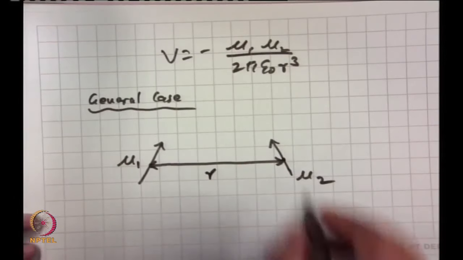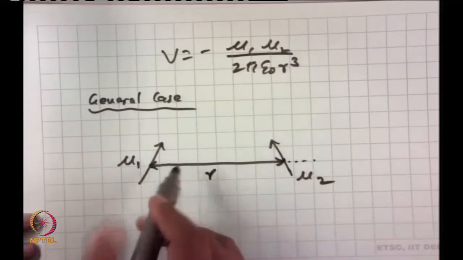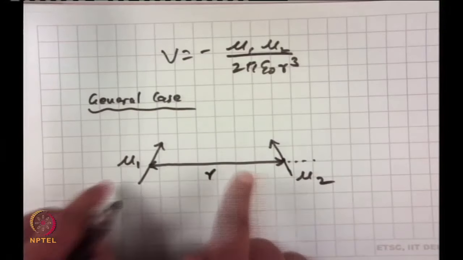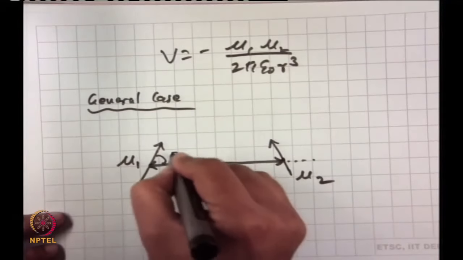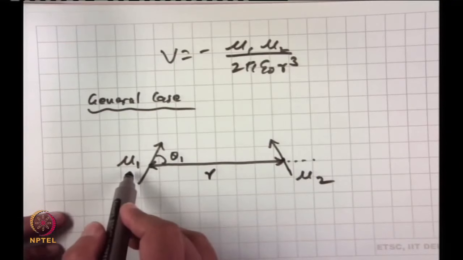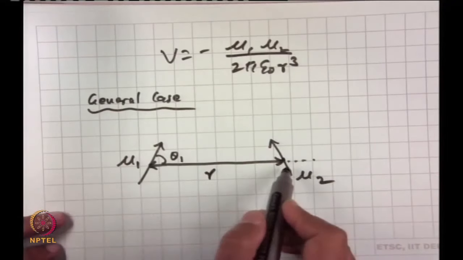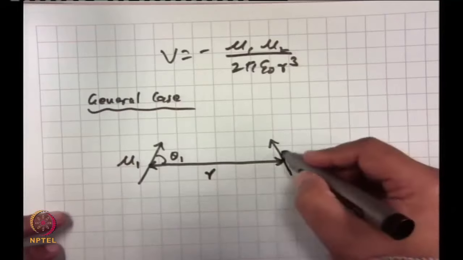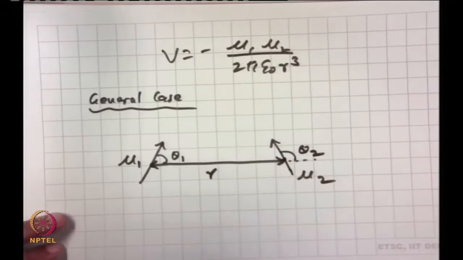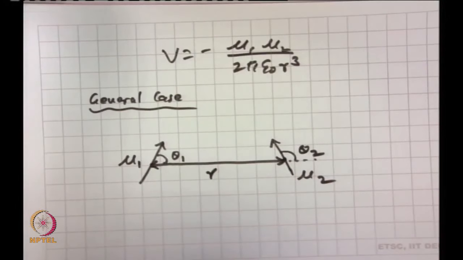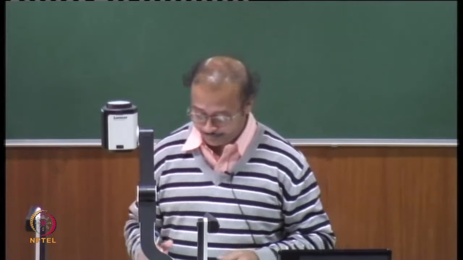So, you can understand what is going to happen with respect to the distance between the two dipoles. These dipoles are not parallel, right. So, they are maintained at a certain angle. So, this is angle theta 1 which mu 1 makes with this radius vector, and if you look at this dipole, then this makes with this one an angle theta 2. Okay. So, this is a very general case now, you do not know what angle it is, you are just trying to derive it for two dipoles oriented at certain angles.